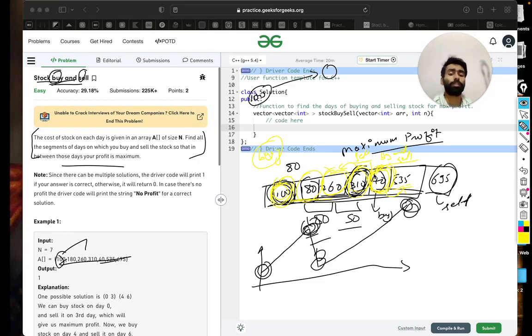Can be sale here, sorry, this will be marked as buy and we will mark it as sale. If we can sell, yes we can sell, but we'll compare with the next if it is greater than the previous. So it is greater, so we will now mark it as sale, and we will look for another. No, there exists no element, so this is the sale. So in this way we get the first buy here, the second buy here, first sale here, and the second sale here. So we can do this by having two pointers, buy and sell.